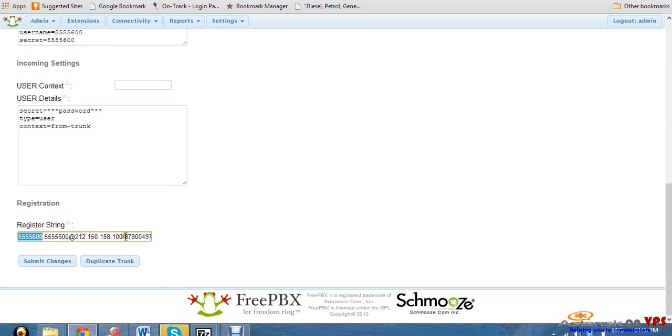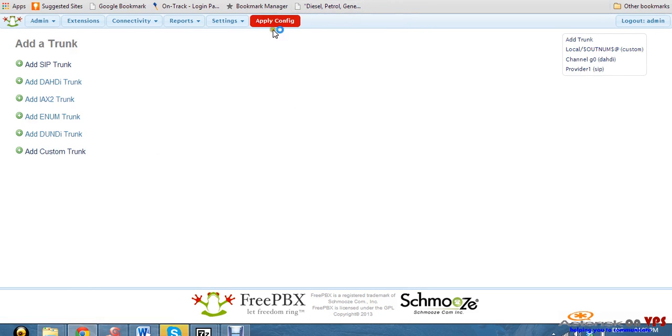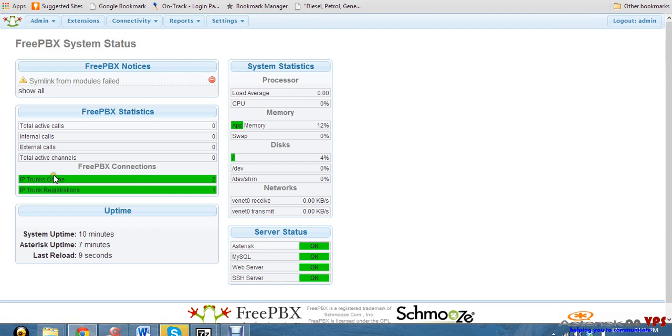Okay, now take your username. You can leave this empty, but if you leave it empty, also remove this slash. But you can also put it here. Some providers do not register if you don't put that last number there, right? So you can actually get here to see on your freepbx status, IP trunks online, 2. IP registrations, it's 1. So one of the trunks is registered, and for you to be able to see which trunk is registered,